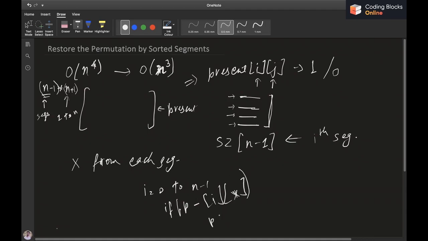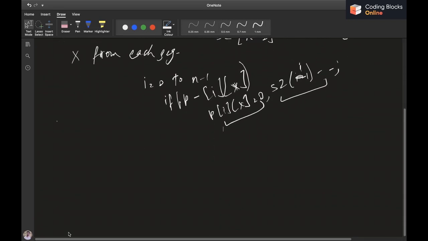Then I'll set present of i x equals 0 and decrement size of i by 1. In this way I have decreased the size and removed the presence of that element. So I hope this is clear.